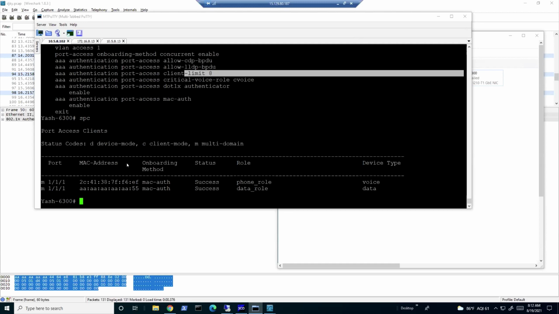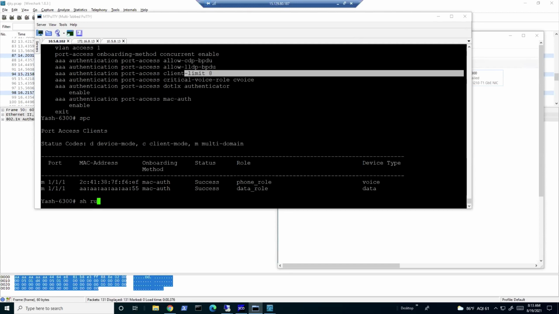In case, let's consider you configured the multi-domain client limit as 2. In that case, that other client also continues to stay. These are the things you have to take care of when the customer comes back. He wants to retain the 2 data clients and keep only one voice. The feature is multi-domain authentication, right? So that's how we are going to go.